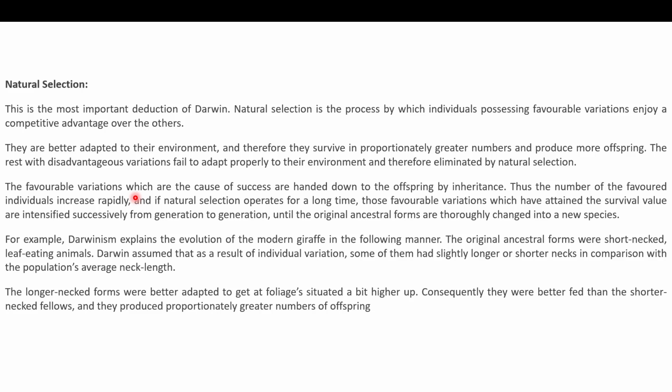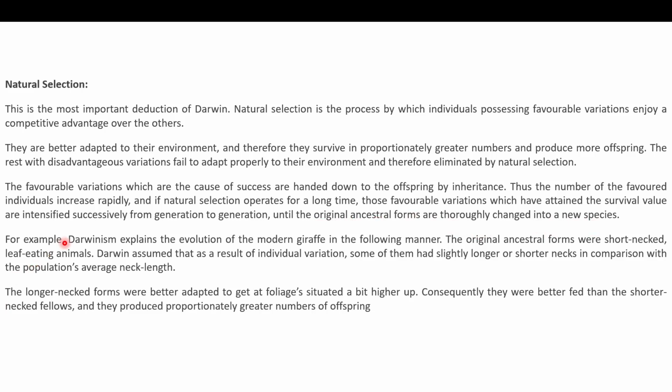So the favorable variations which are the cause of success are handed down to the offspring by inheritance. Therefore, the number of favored individuals increases rapidly. And if natural selection operates for a longer period of time, these favorable variations which have attained survival value are aggregated and intensified over generations